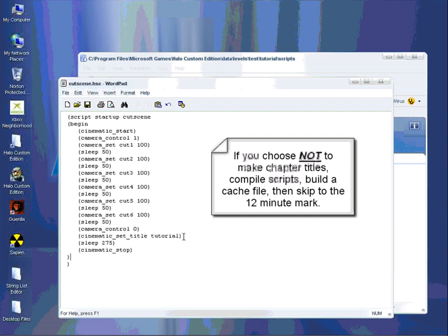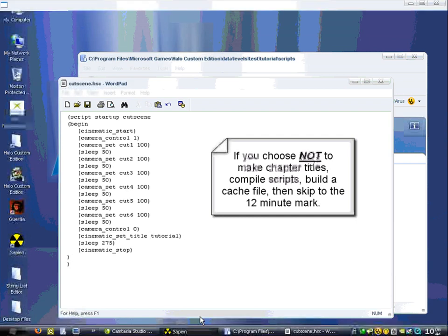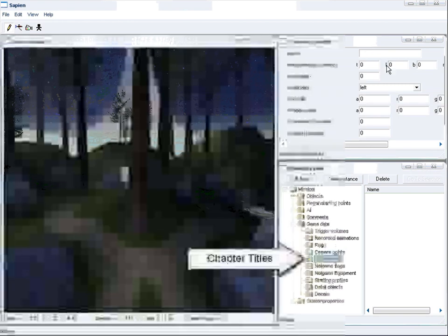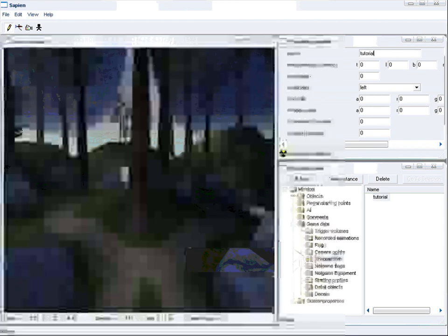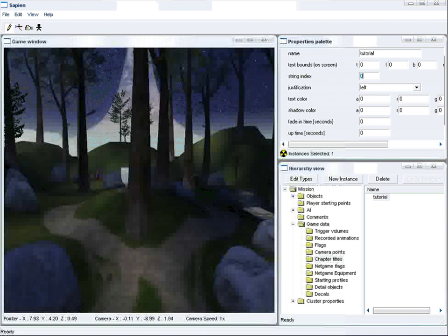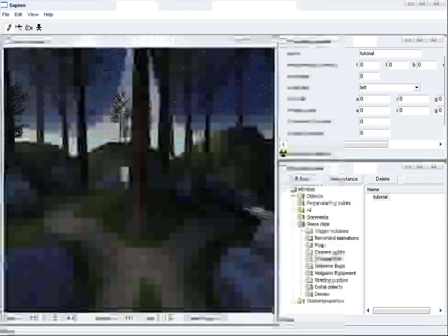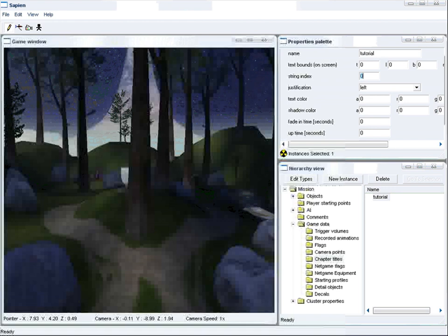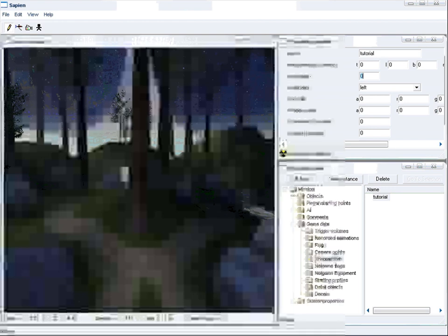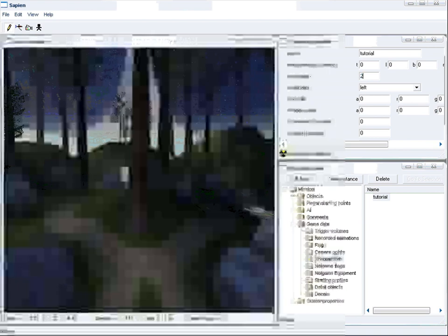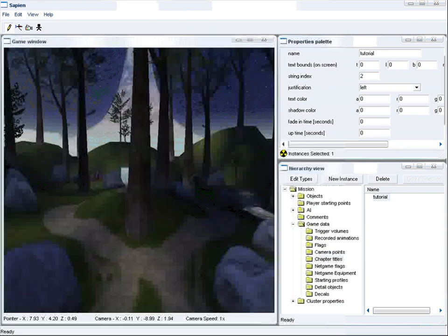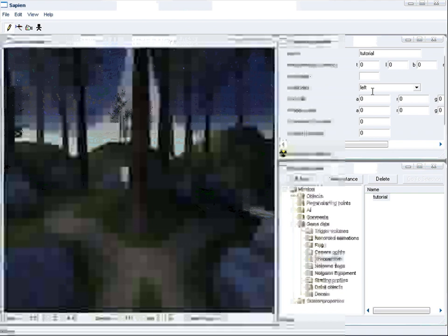But if you want chapter titles, go back into Sapien. Okay, new instance. Select it. Let's name it tutorial. Okay, leave those 4 boxes alone there. String index we'll get to. But if you want your string, we're going to be using the string list editor. If you want your string list to just have 1 string, which is the one you're using, just leave it at 0. I mean, if there's going to be 3 and you want to use the third one, make it 2. Whatever. Justification,